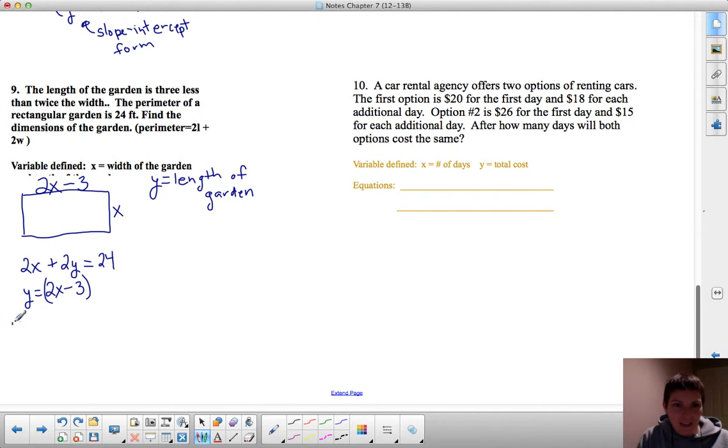And we're going to say 2x plus 2, we're not going to say y, we're going to take the y out and put the quantity in. So that's 2x minus 3